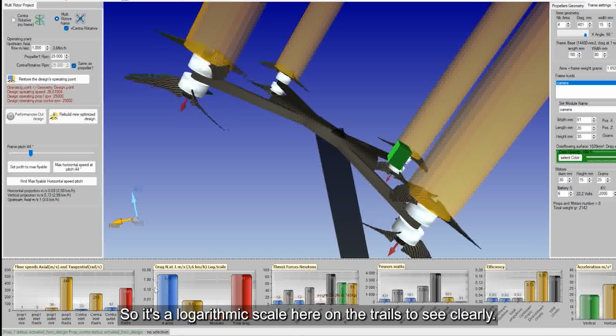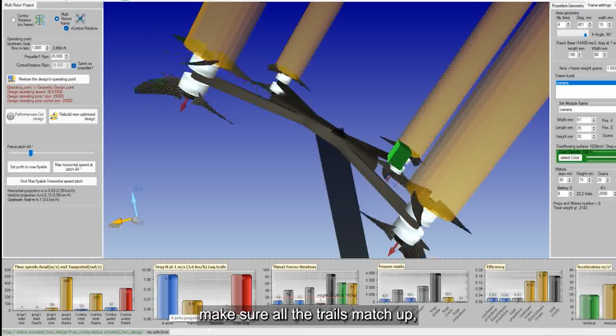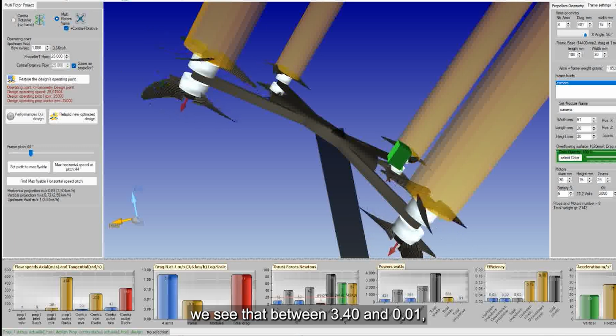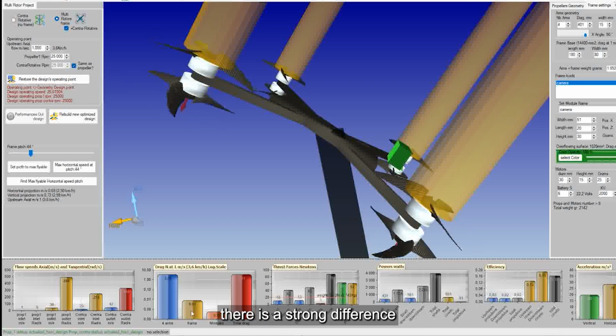So it's a logarithmic scale here on the drags to see clearly. We see that between 3.40 and 0.01, there is a strong difference.